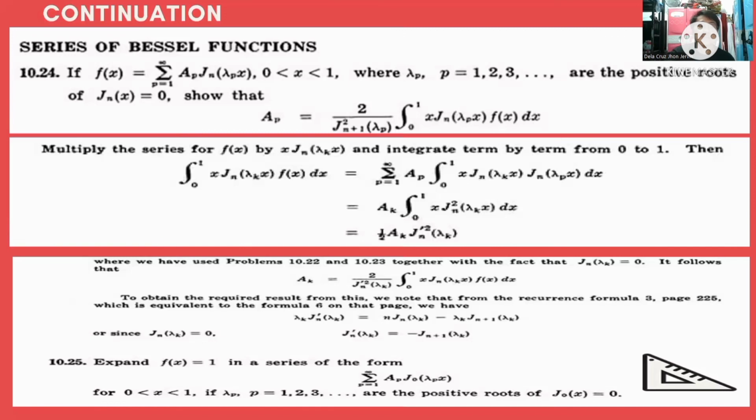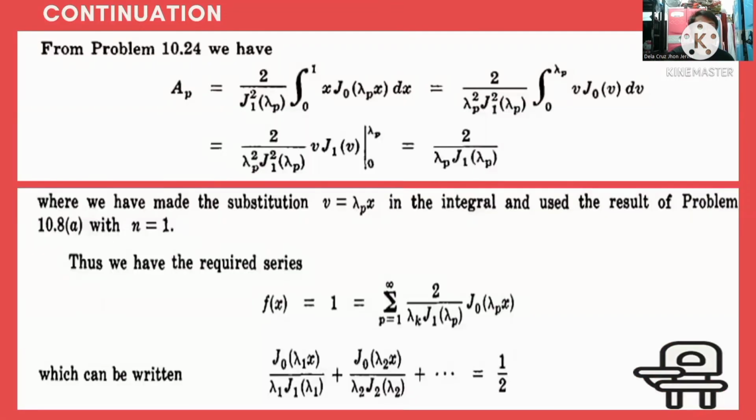in the series of the form, for 0 < x < 1, where lambda_p, p = 1, 2, 3, etc., are the positive roots of J_0(x) = 0. In the problem we have, a_p equals 2 over J_1^2(lambda_p) times the integral from 0 to 1 of x J_0(lambda_p x) dx, which equals 2 over lambda_p^2 J_1^2(lambda_p)